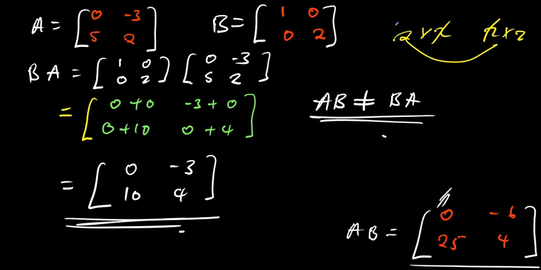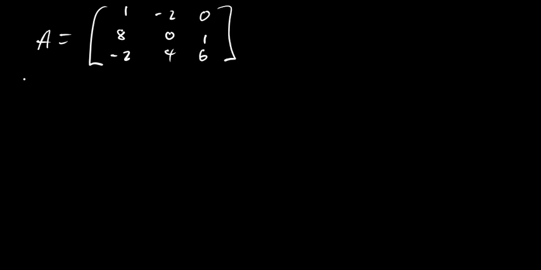Okay, now let us look at more complex problems. For example, let's say we have a matrix A that is 1, negative 2, 0. Okay, let's say this is 8 and this is 0, this is 1. Let's give this one as -2. Let me put 4 here. I'll put 4, 6. Let's say matrix B